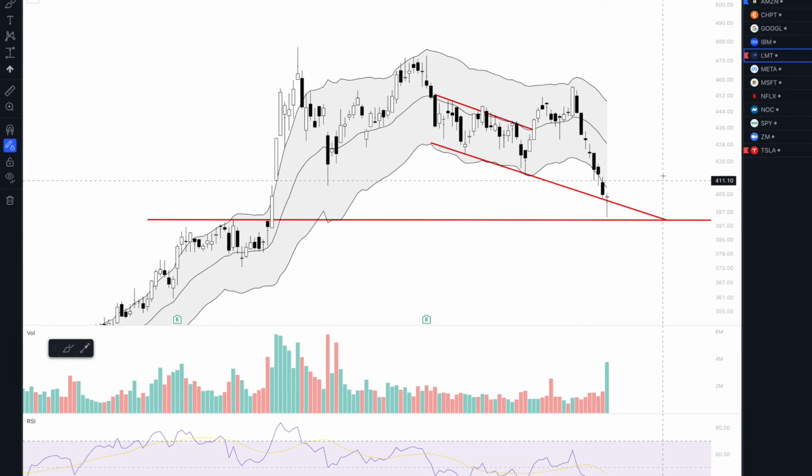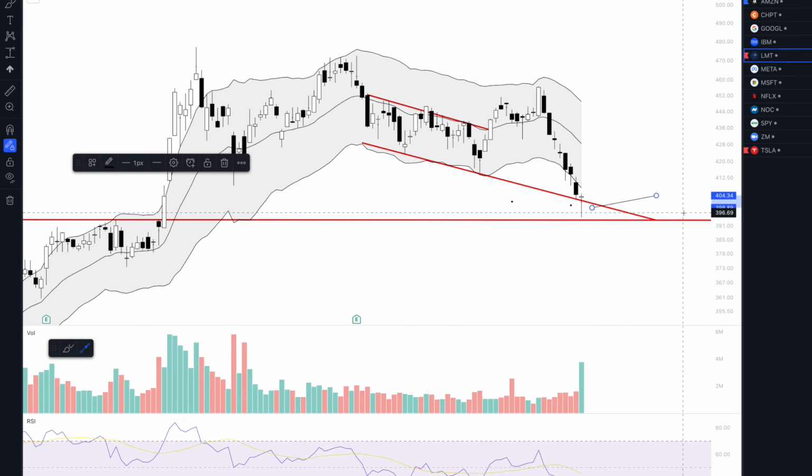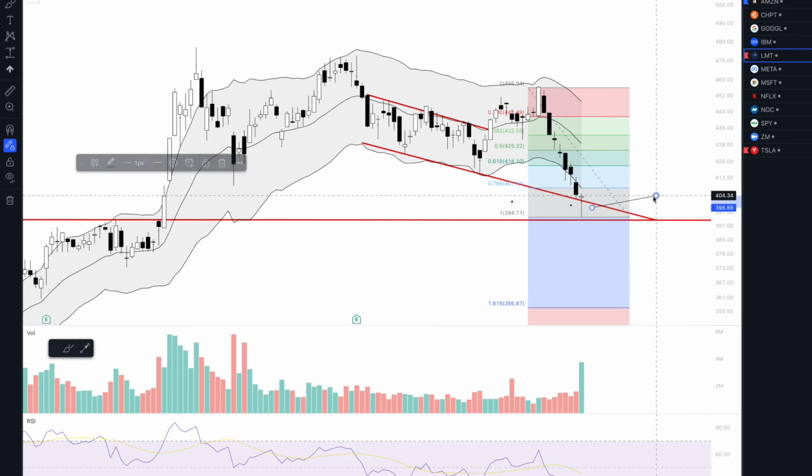LMT is looking great. We've got a very high volume doji candle coming in, a very long wicked doji candle, as you can see here on a daily time frame. This huge lower wick presented itself, which can possibly end up as a short-term bounce, perhaps retracing to some key fib levels. So if I get on my fib tool, maybe we could possibly see a short-term bounce